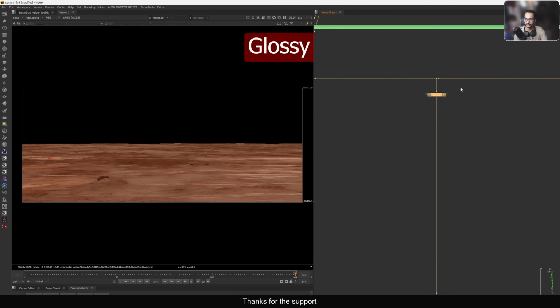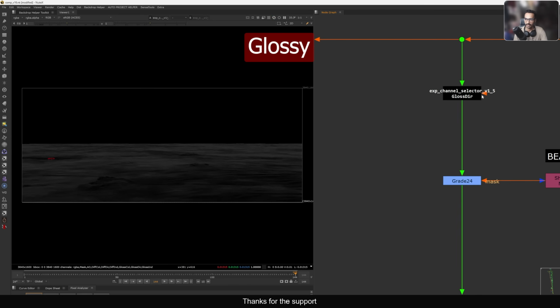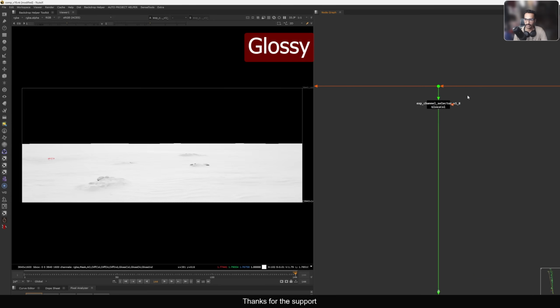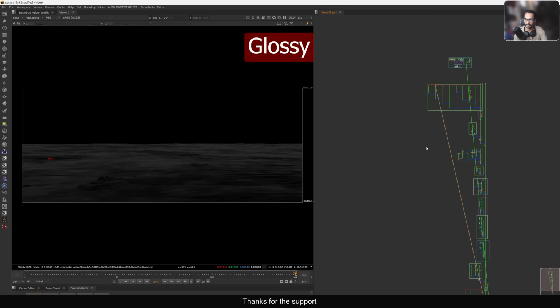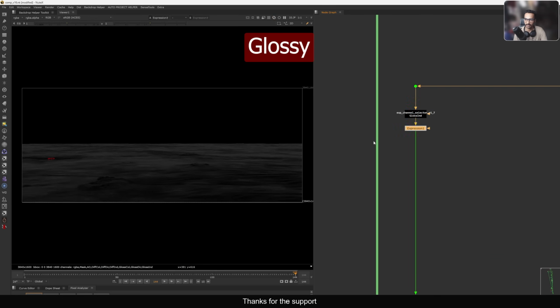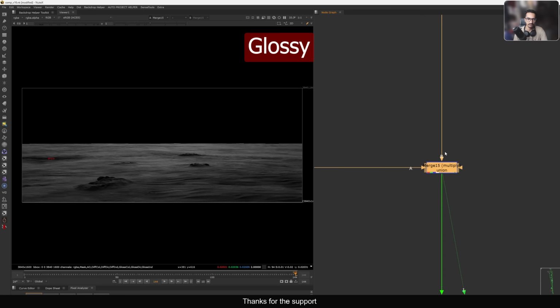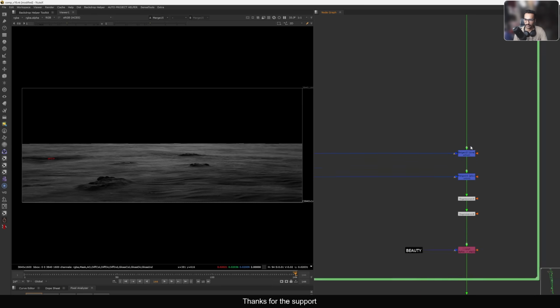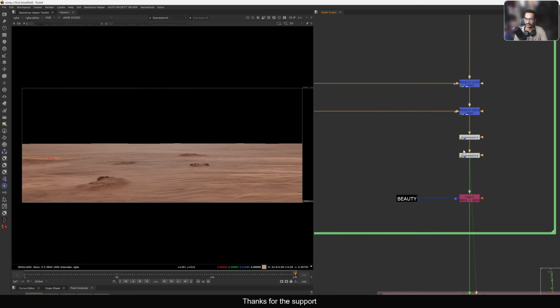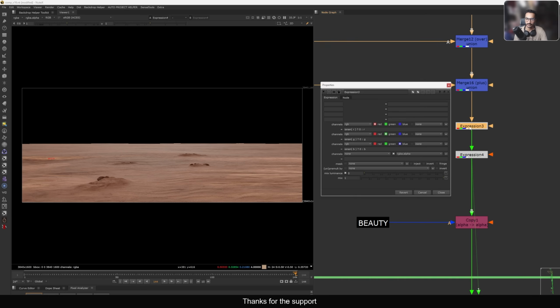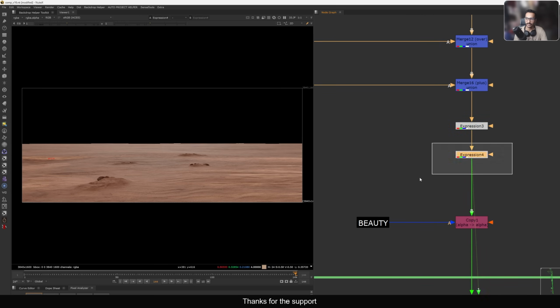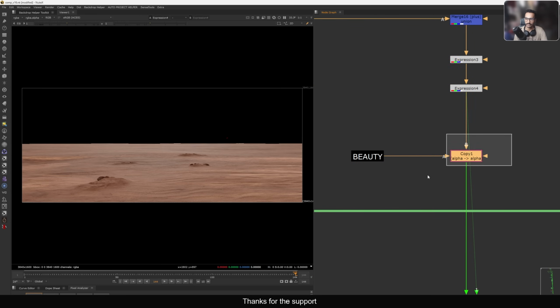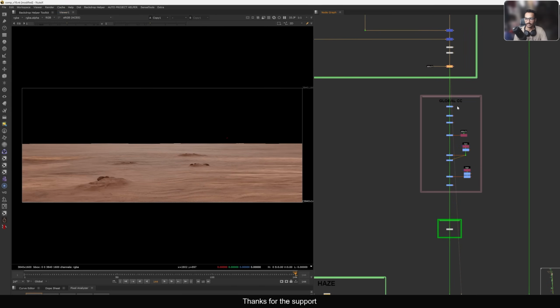So here we also have this glossy color, and we have this glossy direct, and we have this again glossy color, because I'm doing a divide method here, divide and multiply. So this is our glossy map, and at the end we are doing a plus. Then we have this expression. This expression is just removing the NaN pixels, if you are facing any NaN issues. Then we are copying the original alpha,